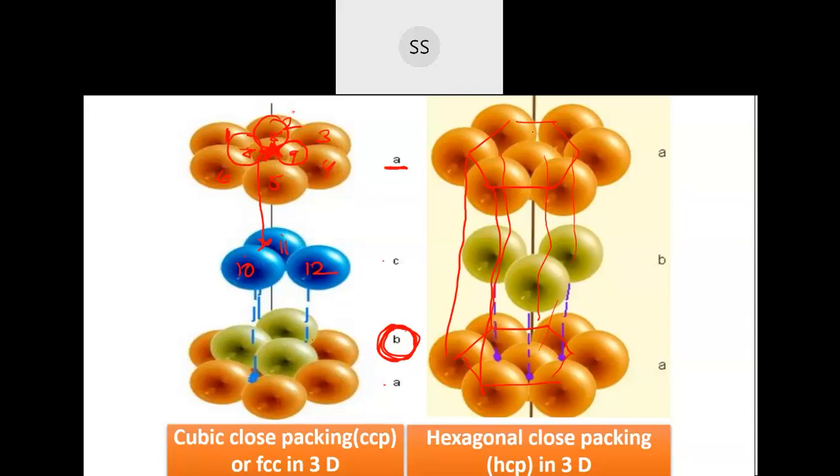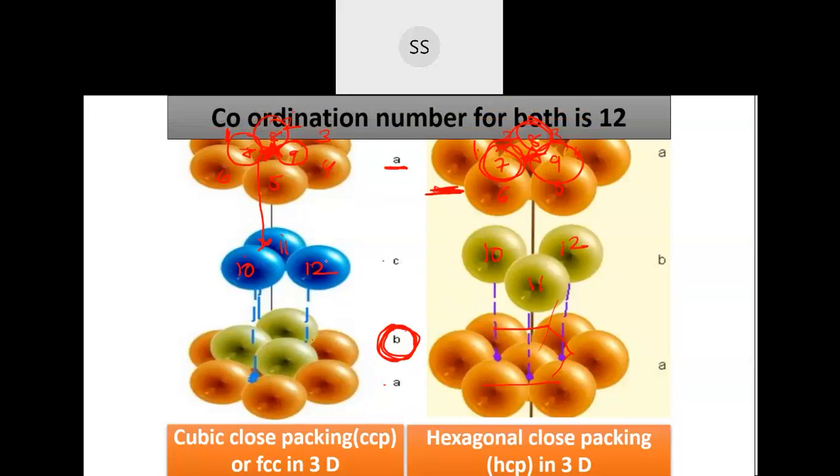Even here, if I locate this as a center atom, you can see here one. I'll erase all this. Just see the number of atoms. 1, 2, 3, 4, 5, 6. This is on the plane. Then again, like this, green color atoms are repeating above this. Above this one, you will have again a green color atom. So 1, 2, 3 will be exactly touching them. Remember, here 6 are over. This will be the 7th one, 8th one and 9th one. Below that you have this 10, 11 and then 12. So that is hexagonal close packing. Till here we have done. So the coordination number you get for both of them is 12.